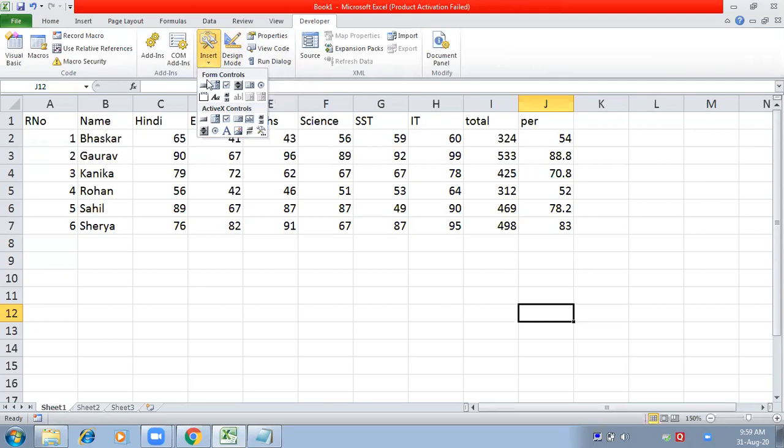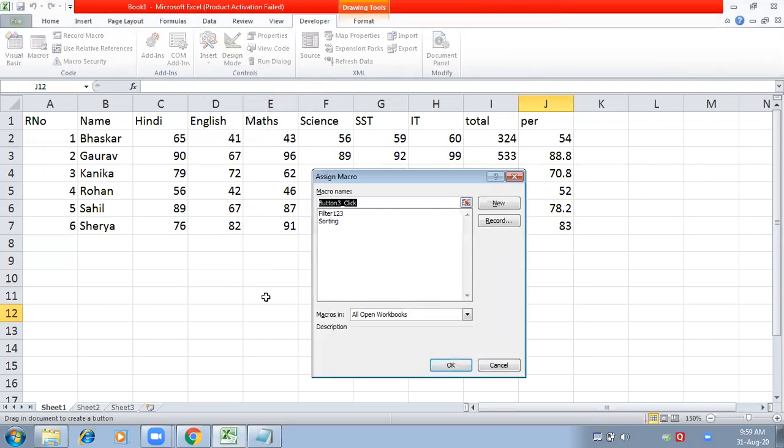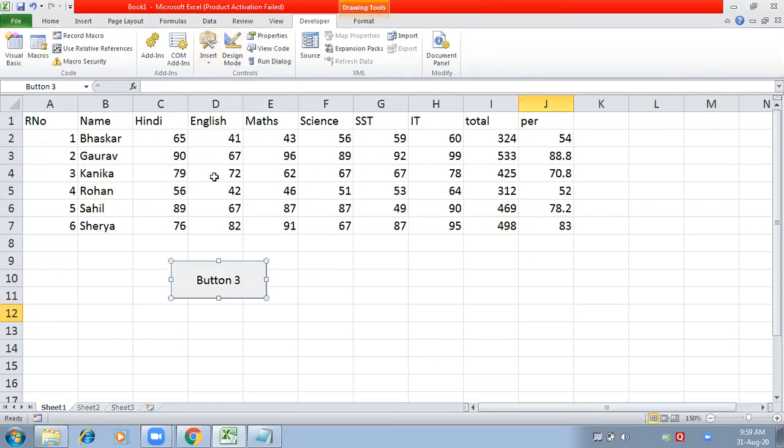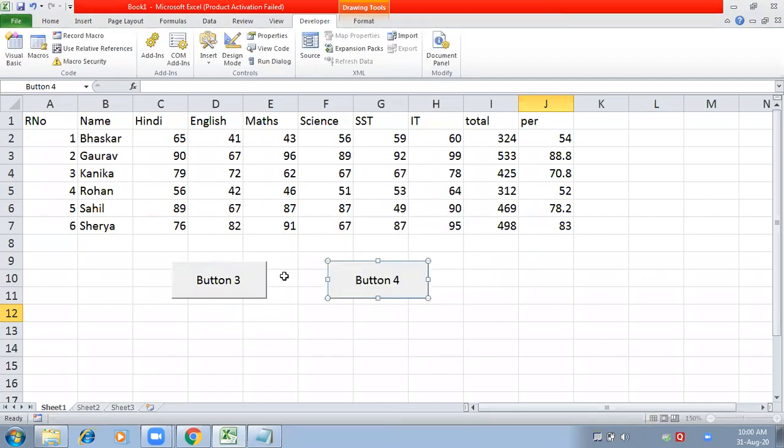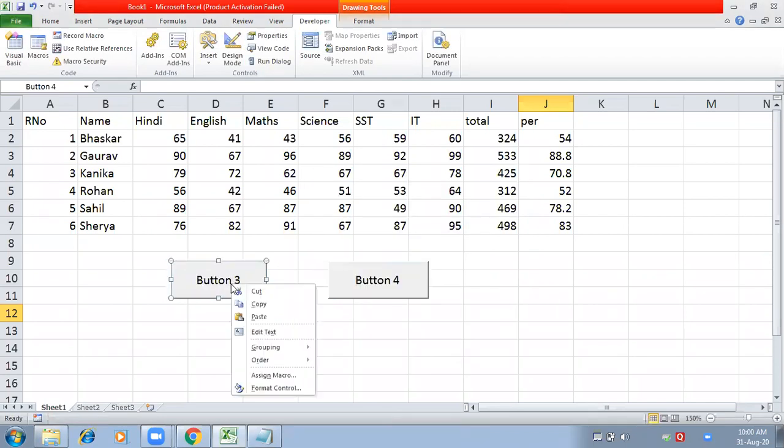So I'm going to insert, go to button. This is the first button, and the name of the macro is sorting. Okay, and next I'm going to create a new button. Here I will apply the name filtering, so you can rename them.